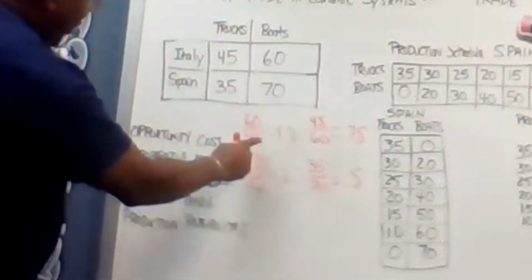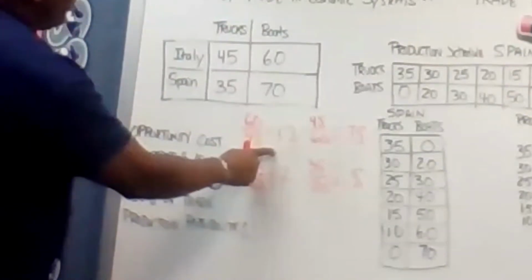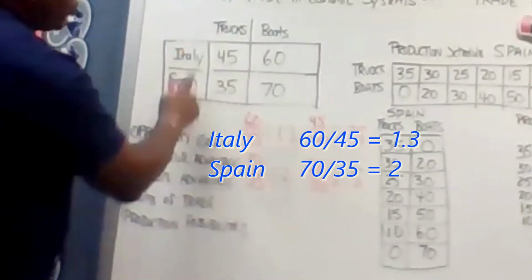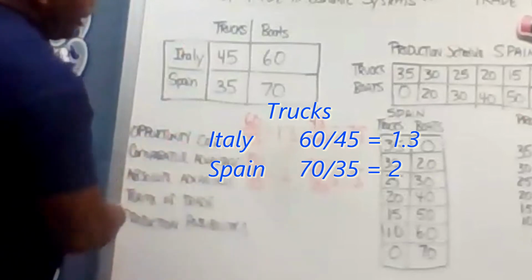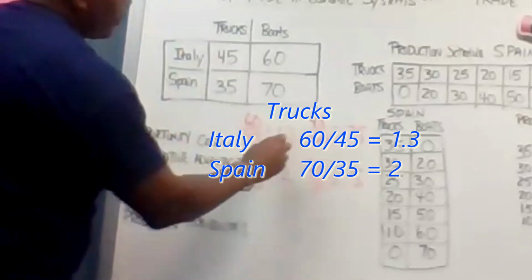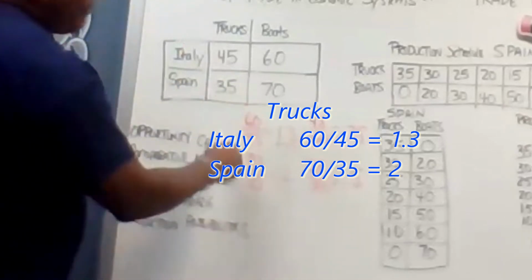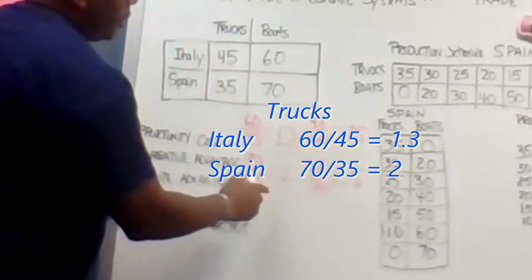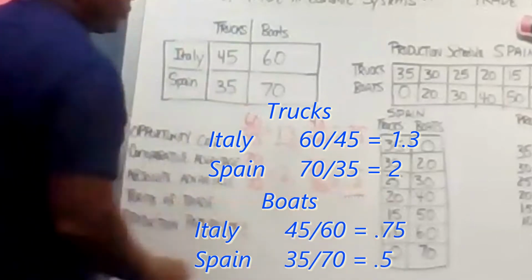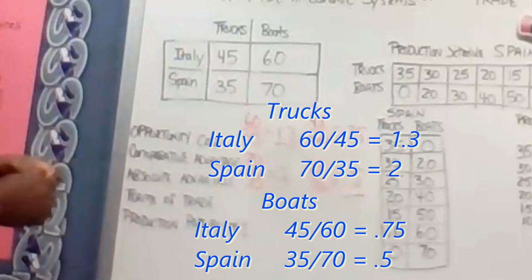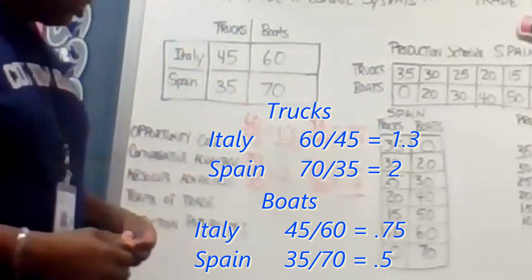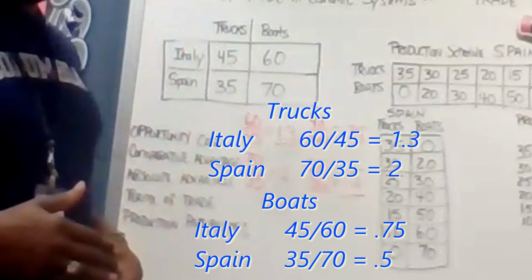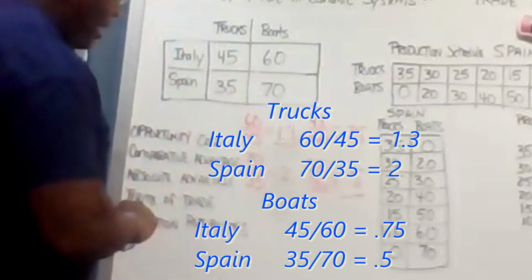Okay, we said that Italy had the comparative advantage when it comes to trucks, so they would trade their trucks. Spain has a comparative advantage when it comes to boats, so they would trade boats. Okay, now, what would be an acceptable number for both of them? It would be a number between